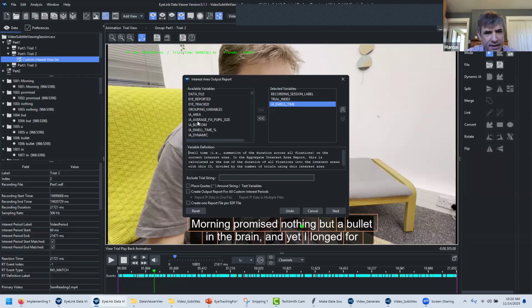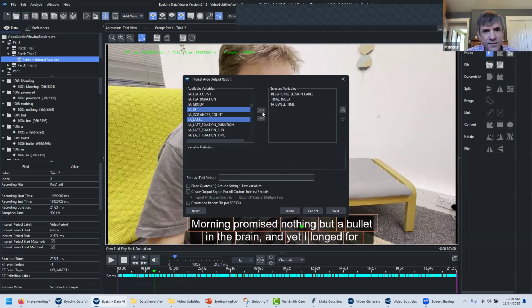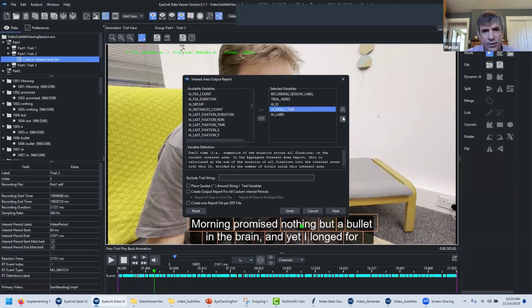We probably should add interest area label and ID as columns. So we'll add those. Let's move dwell time to the right a little bit. This is the left-right ordering. The up down here determines the left-right. So this is the leftmost, and they go to the right from there. So you would have the interest area ID, the label, and then you would have the total time they spent